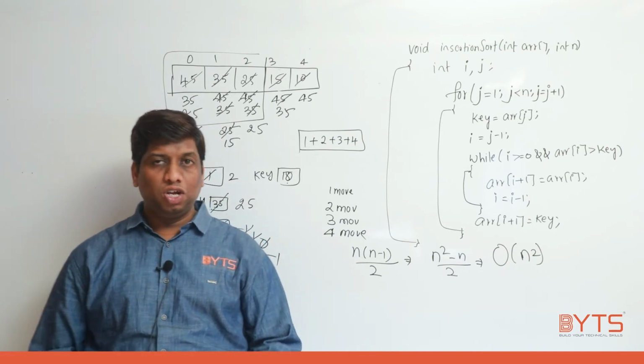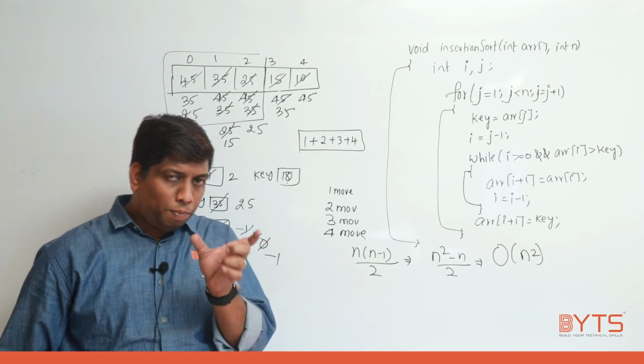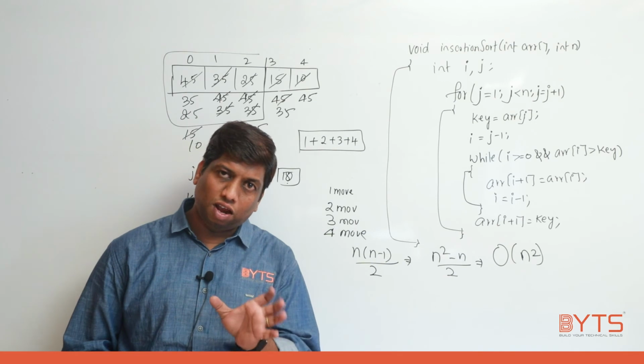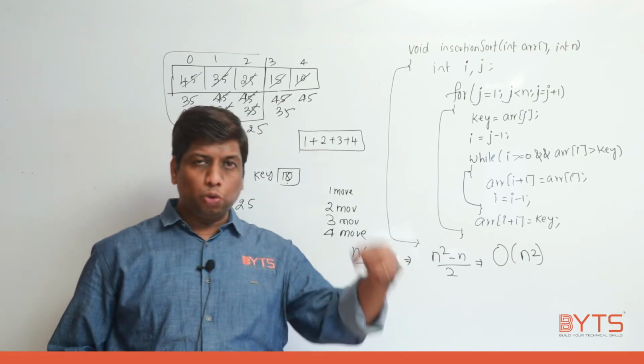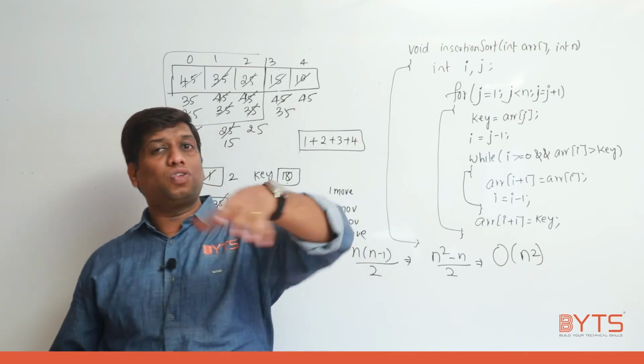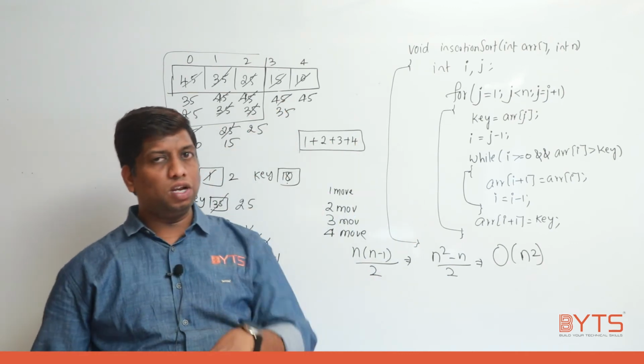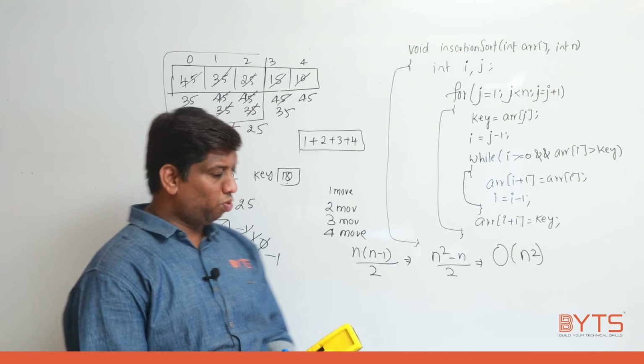What is the idea behind insertion sort? Can you please tell? Already some part of the array is sorted. Now whenever we are getting a new element, we need to insert that into the sorted array. If you want to insert that into the sorted array, you need to create a space, right? That's what I told here.